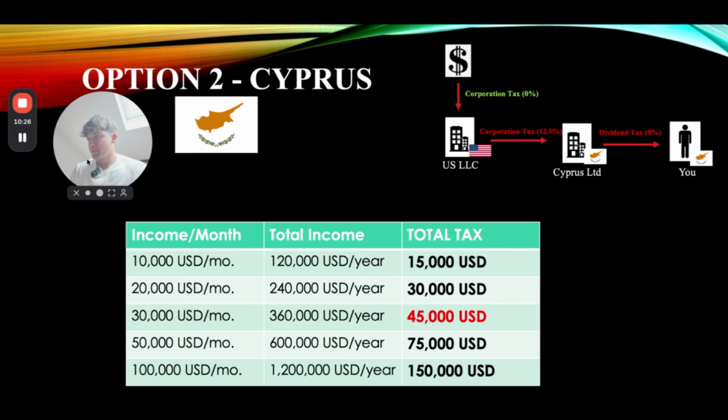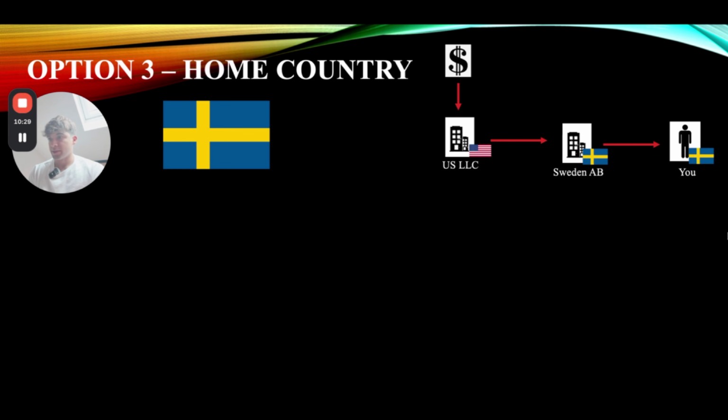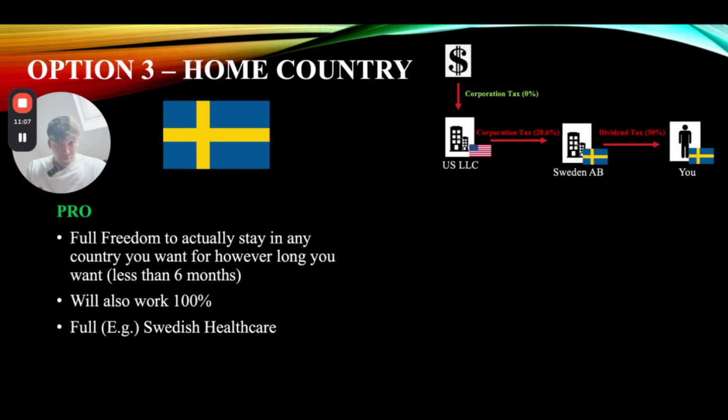And option number 3, again, I did this for one of my Swedish clients, is your home country. Maybe your home country is not Sweden, maybe it's Italy, Spain, or France. I know there are quite a few French people who watch me, interestingly enough. But taxation is going to be very similar. So again, 0% tax on the US company, because it's taxed by transparency. Then 20% corporation tax, which can be higher based on the country. And when you take out money, you have to pay, in Sweden, 30%. It adds up to about 50% all in all. It's going to be very similar regardless of where you're from.